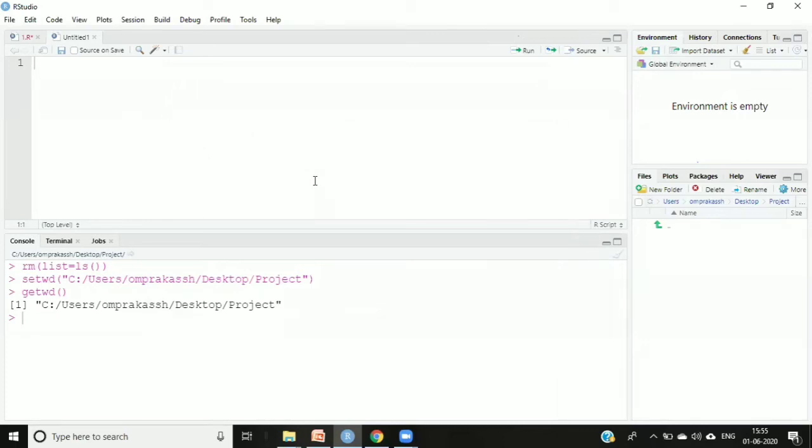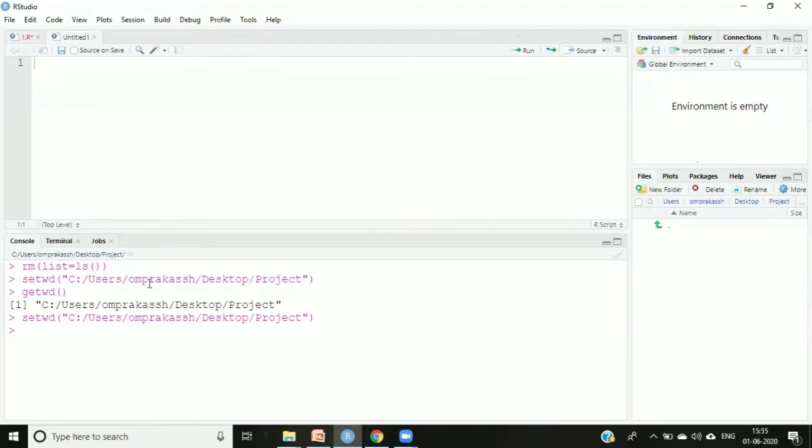Clear? If you want to set it by command, this is a command. You can say setwd, right? The only thing is you need to mention the path properly, and it depends on which particular platform you are on. If you are on Windows, you will have to give the path in this particular way. You can click on your folder's properties, copy the path, and then paste it over here. Whatever directory you want to set, you just say it over there, and it will set your directory. So with the help of setwd, you can set the working directory. With the help of getwd, you can get the working directory. I hope this is clear.